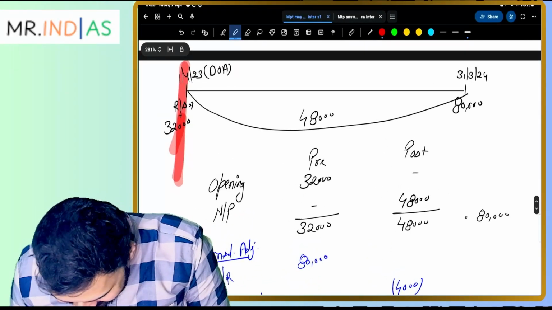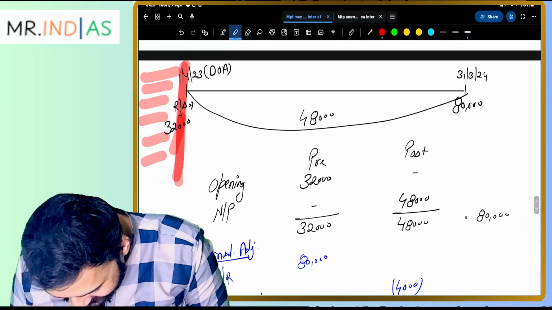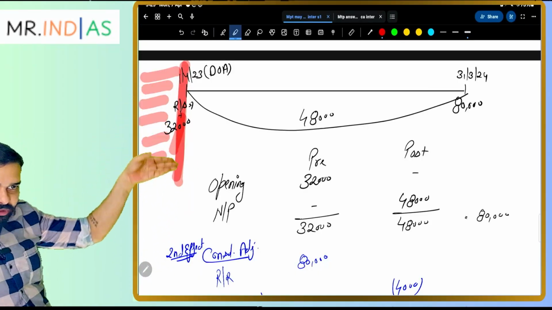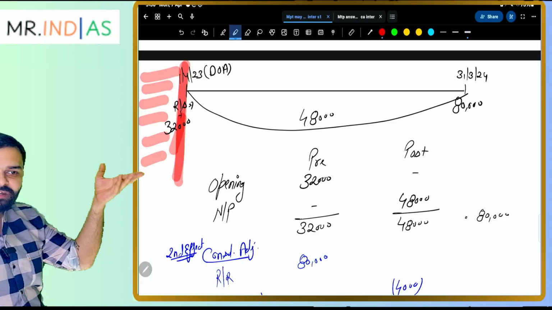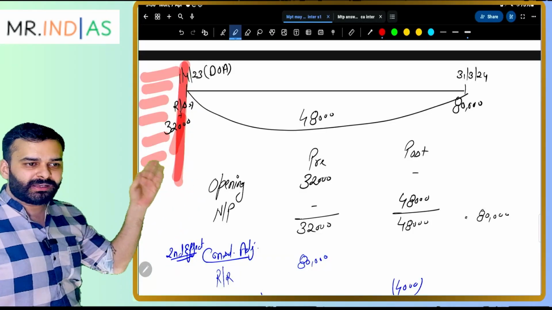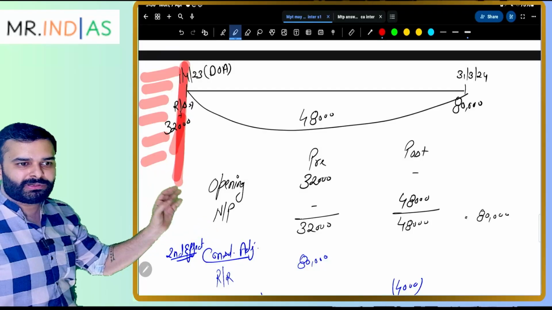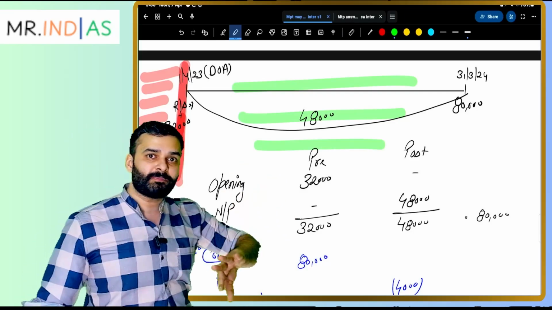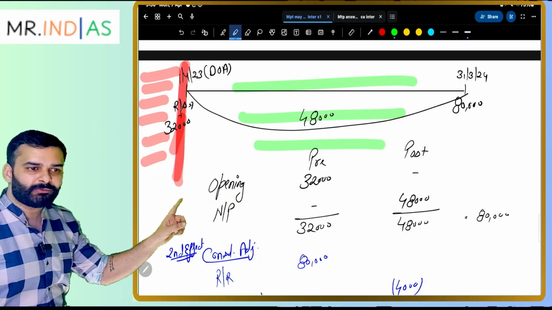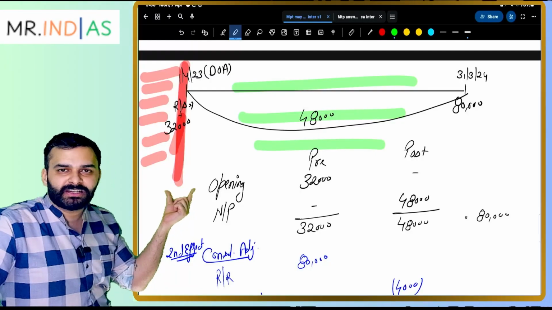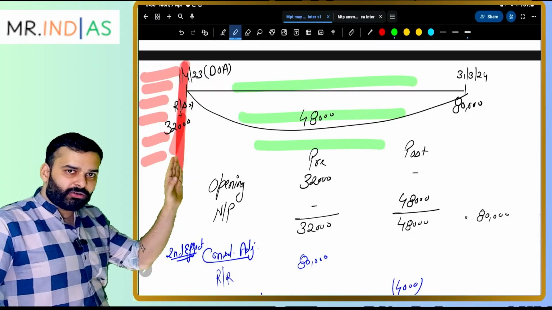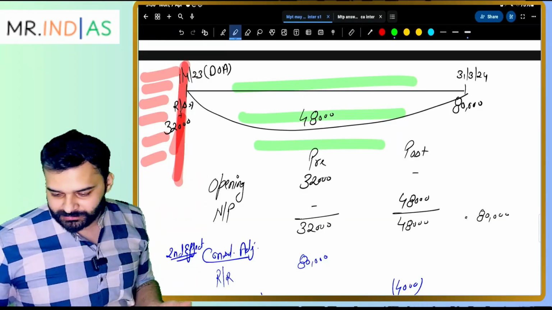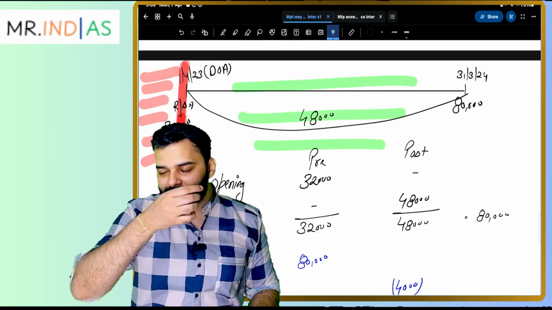Every profit earned till date, this date, is a pre-acquisition profit, because you were not existing at this point of time. You came into picture on 1st of April 23. How can you claim that these profits are earned by you? So the profit earned after that is the post-acquisition profit, because you came into the picture on 1st of April 23. So this is the Lakshman Rekha you have. Every profit earned up to 1st of April 23 will be the pre-acquisition profit for you, and post that will be the post-acquisition profit for you.